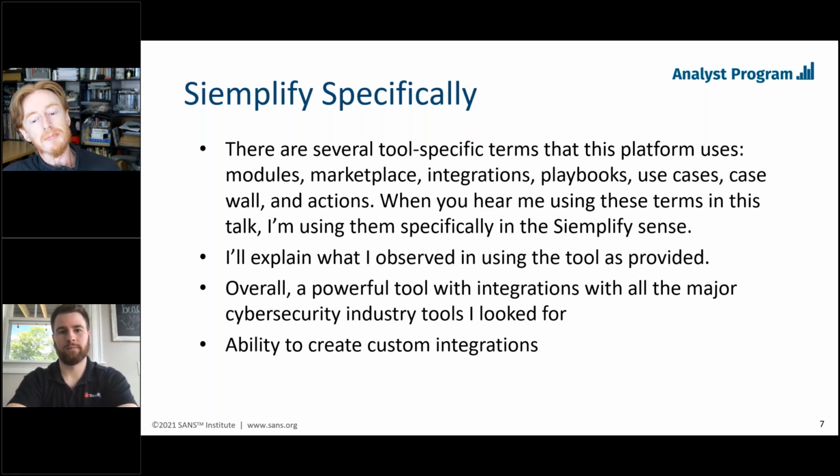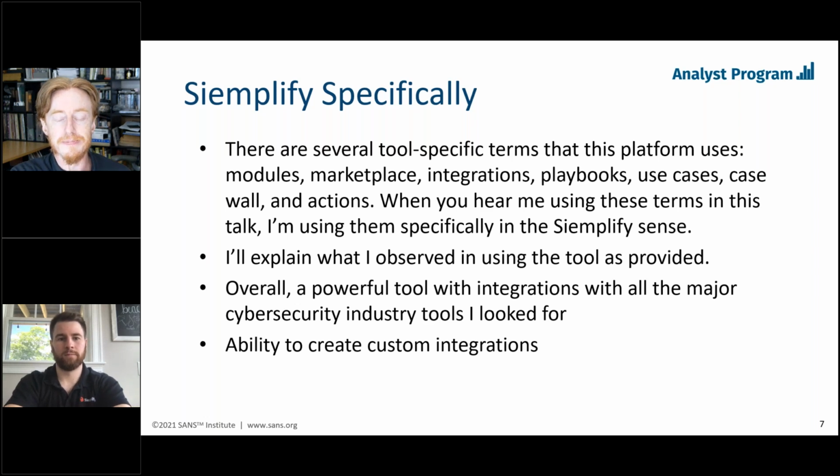So there are a lot of specific terms that Simplify uses that I don't exactly use in the way that they do. So in this talk, I'm going to try to match the terms to their terminology rather than the terms I usually use. They talk about modules and integrations and use cases and playbooks and so on.